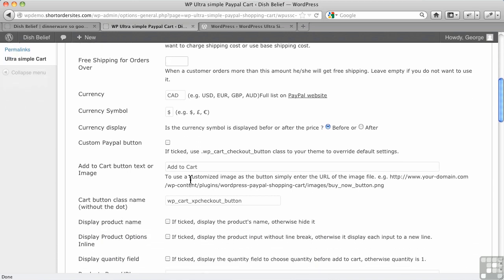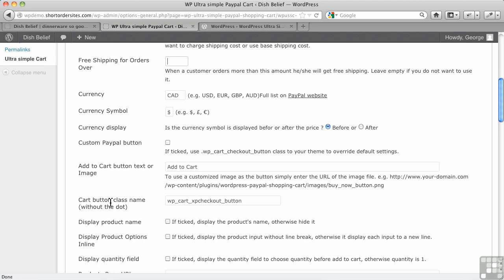Custom PayPal button. Now, the next 3 items here are quite confusing. And we'll get more into them when we start talking about customization of the plugin. The thing to keep in mind here is this first one is about the PayPal button on the shopping cart. This next one is your Add to Cart button that appears beside each product.